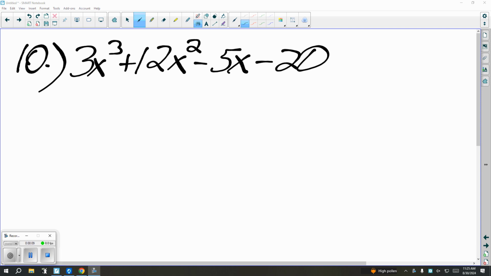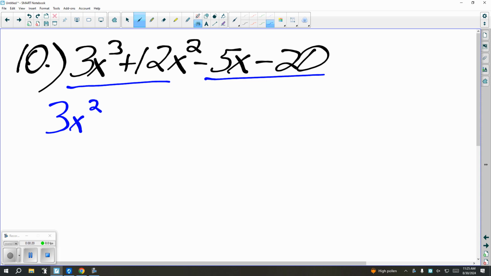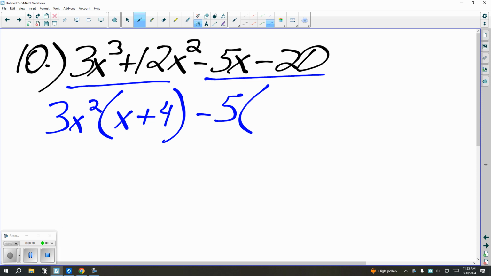Notice on number 10 that there are 4 terms, so I'm going to group these guys with those guys, okay? So I'm going to factor out what I can, like that. So then that would be just an x and then a 4, and then I'm going to factor out a 5, but it's going to be a negative 5. And would you looky there, those guys,